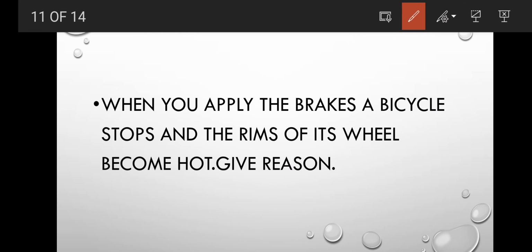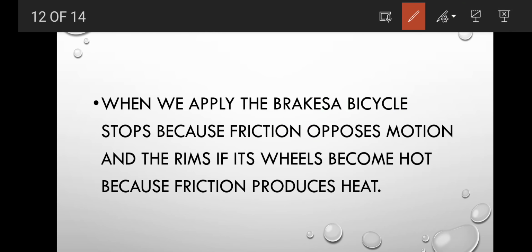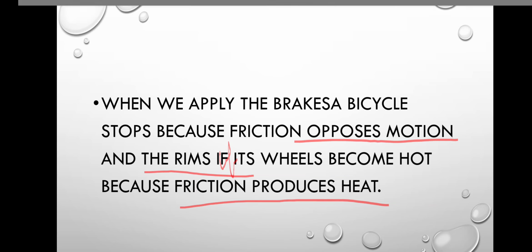When you apply the brakes, a bicycle stops and the rims of its wheel become hot. Give reason. And the answer is, when we apply the brakes, a bicycle stops because friction opposes motion. Okay, and the second part was, the rim of, here it should be, of its wheel become hot because friction produces heat. Okay, now next,